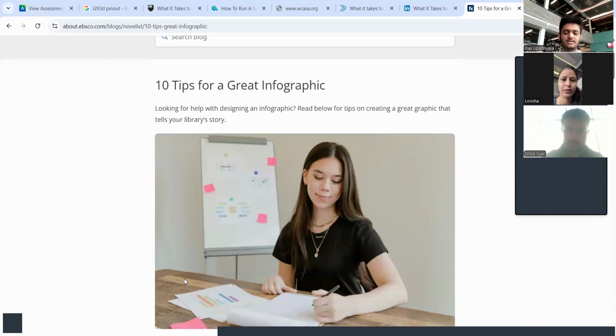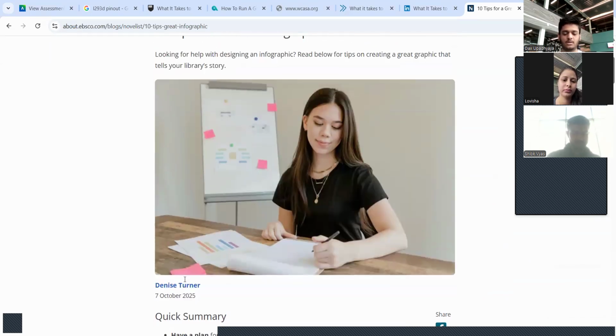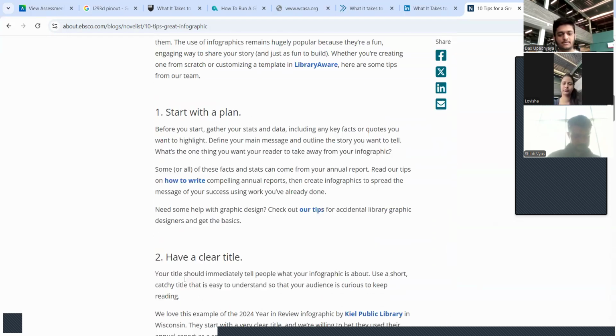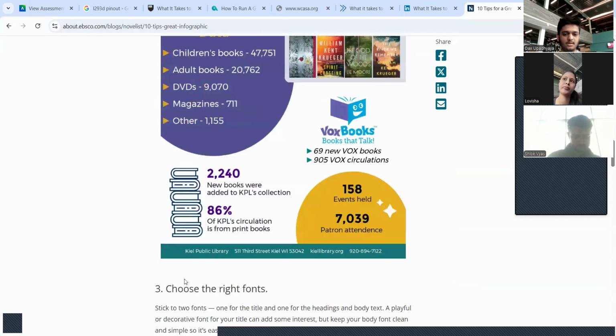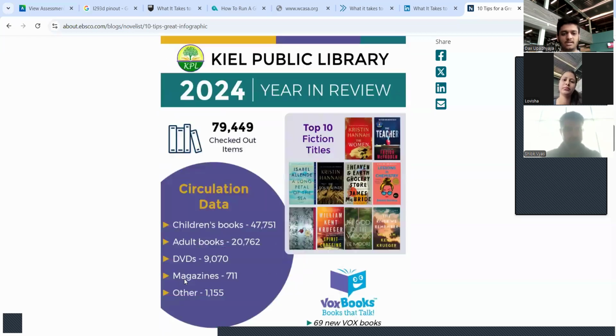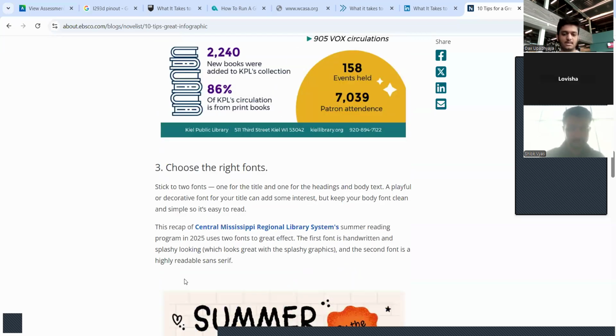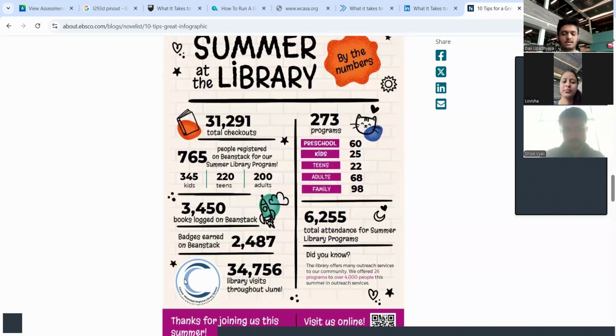It's basically about infographics, how to make an infographic better and more attractive. Sure, we will take a look at that as well. We need to have a clear title and start with a plan. As we said, currently we are planning. We will think about the title by doing some research and getting suggestions from each of us. Then we can choose the right fonts. I would prefer something good and attractive, as you can see here.